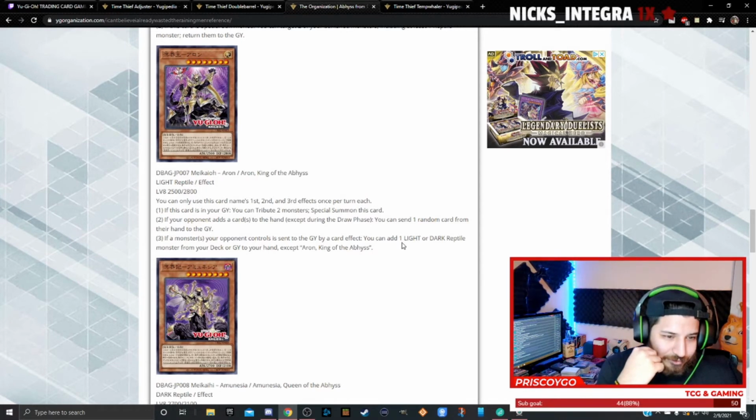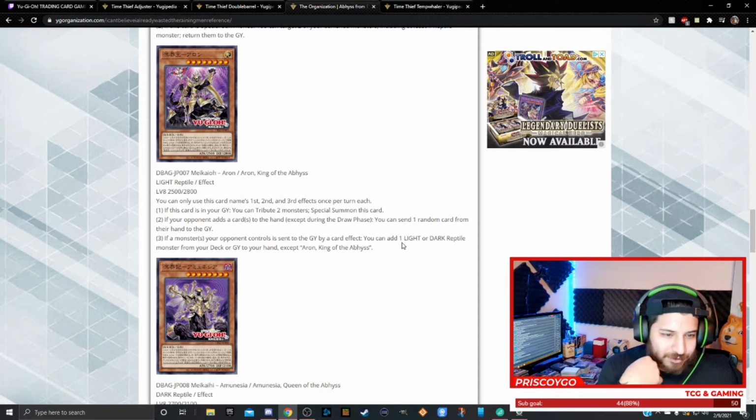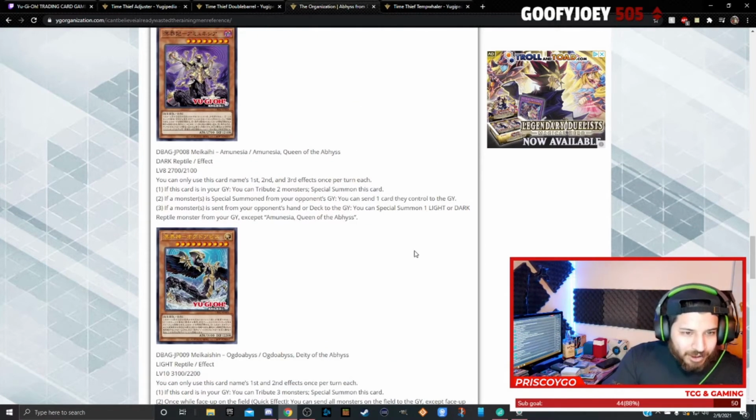this archetype works a little bit. If a monster your opponent controls is sent to the graveyard by a card effect, you can add one light or dark reptile monster from your deck or graveyard to your hand. Okay. And then